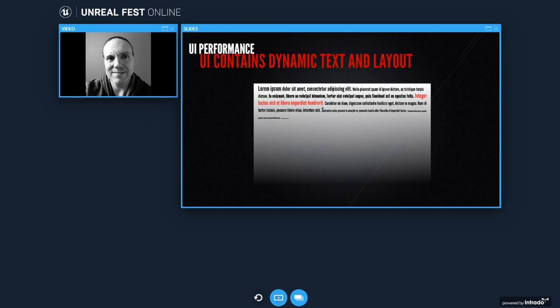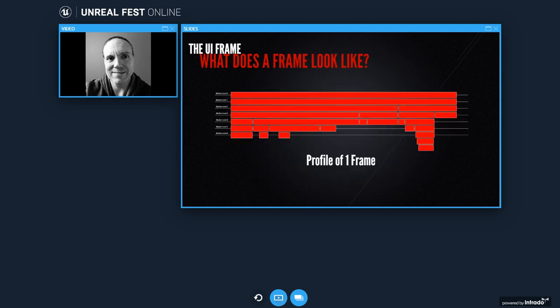UI also contains dynamic text, which can lead to complex layout rules. So in the end, UI frameworks need to give a large toolkit of widgets with lots of customization options, all of which need to be authored in WYSIWYG tools by UI artists.